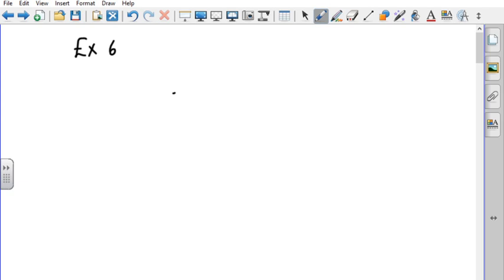Good morning, students. Today we continue with exercise 6.1, applications of vector algebra. We are finished with the examples. Now we are going to start with the exercise. So the first problem is: prove by vector method that if a line is drawn from the center of the